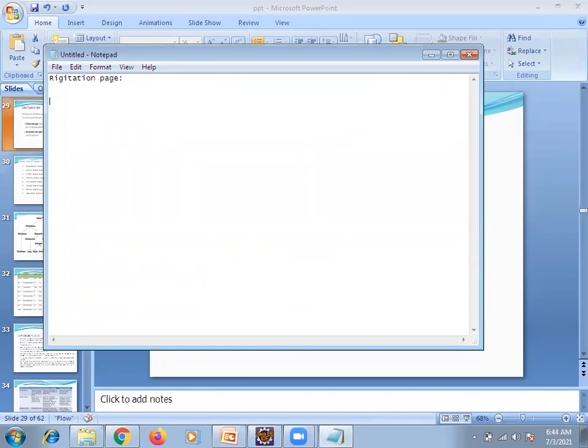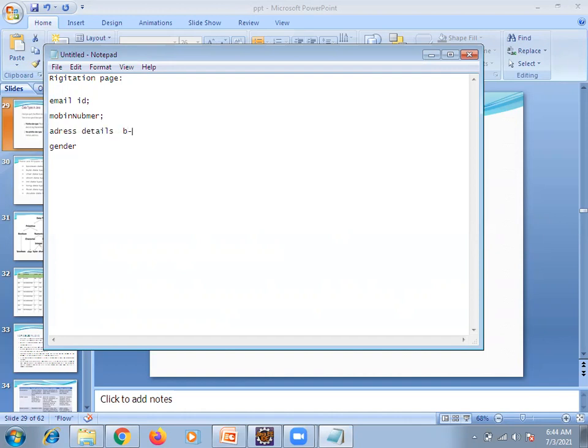We are having 4 fields: login ID, or else let me say email ID, mobile number, then gender, then submit. From the front end we need to fill in this data.